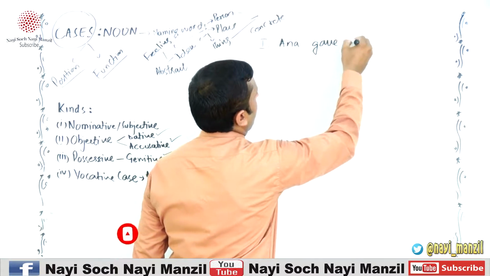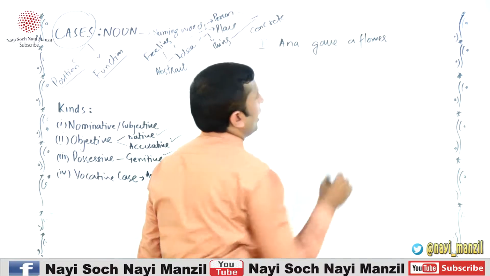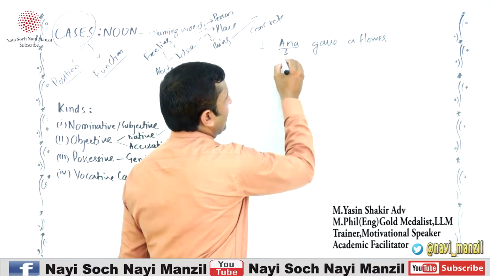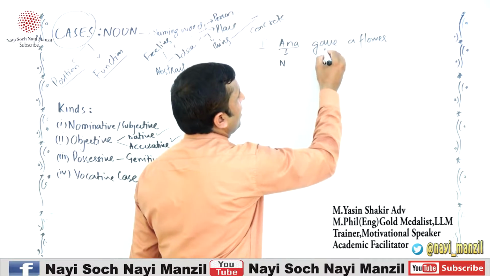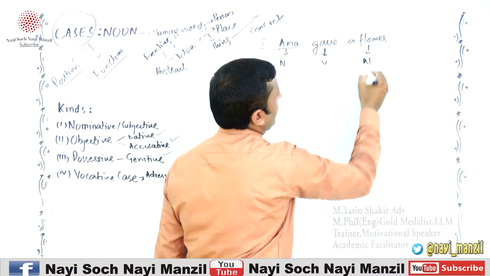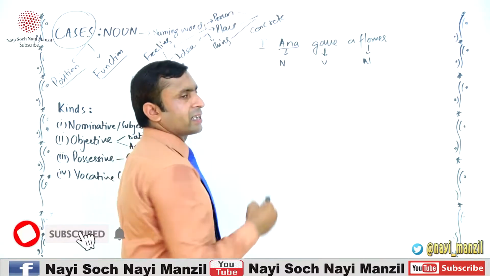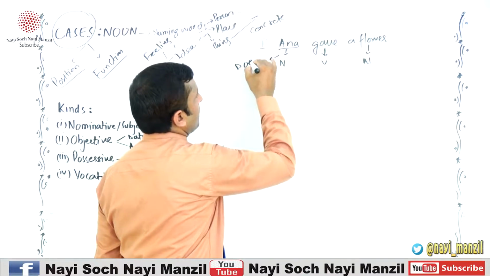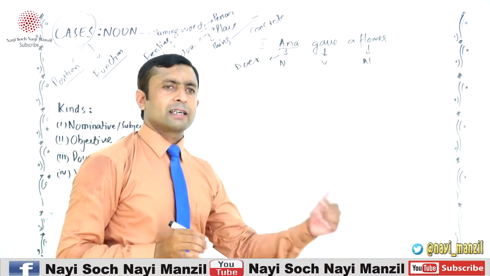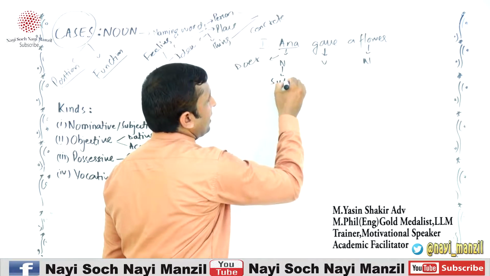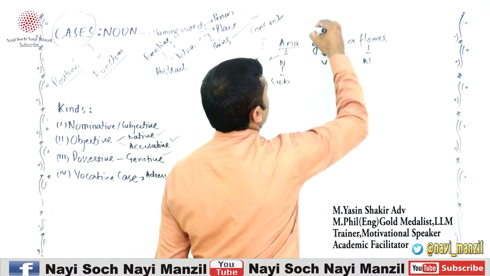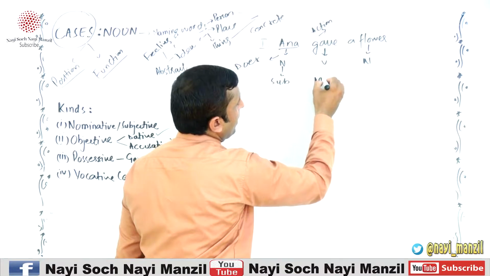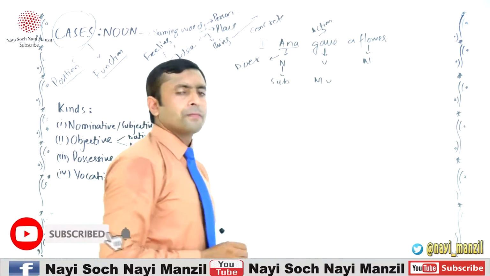Anna gave a flower. A romantic sentence. Don't be jealous to whom the flower is given. Let's first take this: this is a noun, this is a verb, and this is again a noun. Now come to the functions. What actually is the function of the first noun? It is a doer. And the doer is given the name of a subject in a sentence. Then the action done by the doer, the doing, is the main verb. And it's again a noun.